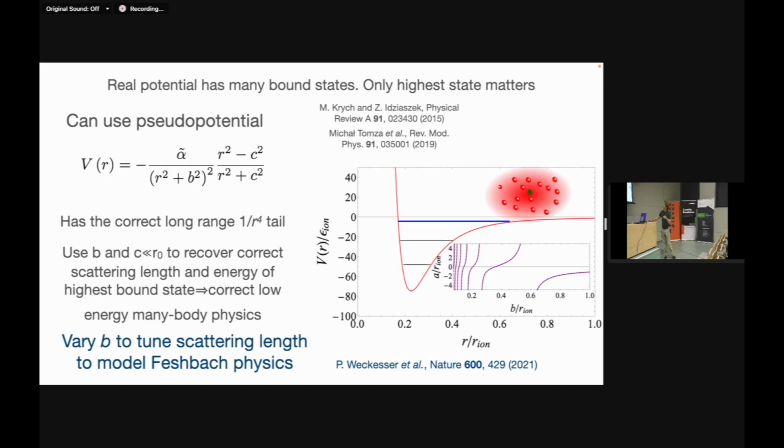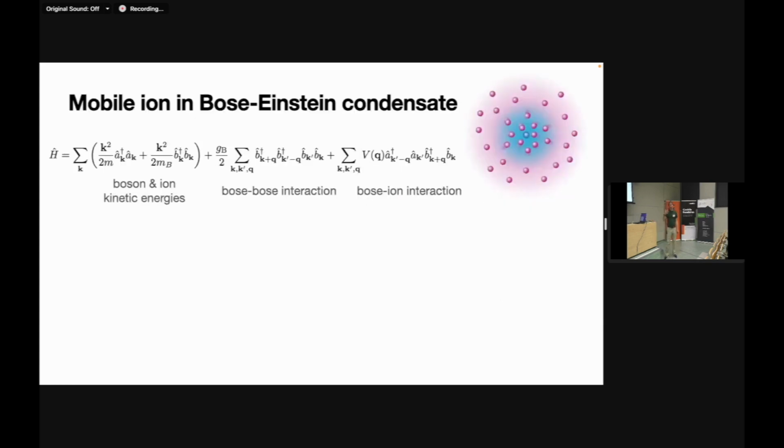So now when we have this pseudopotential, we can do our many-body theory, we Fourier transform it, and let's focus first on an ion in a BEC. So here's the Hamiltonian. Then you have to do approximations. You have to do something to go forward. And just to motivate the approximations we do,